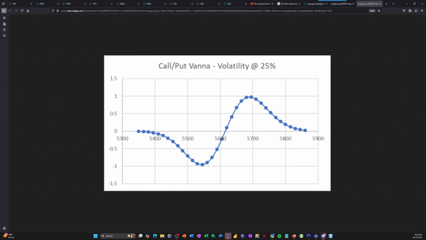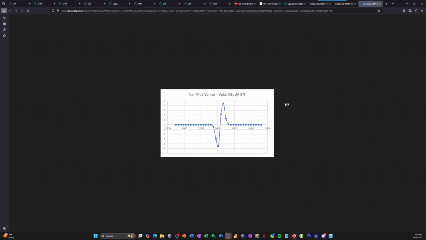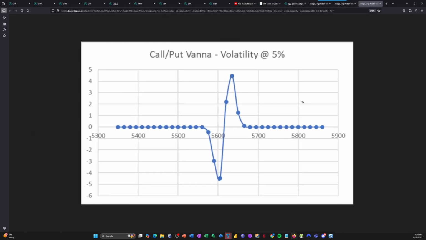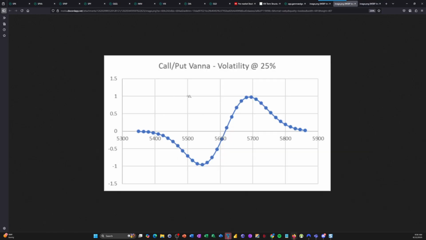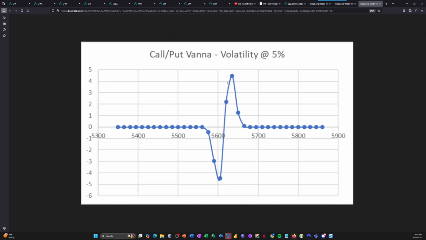Now I want everyone to take a look at this one. And this is a 5%. Now we're not going from 25% to 5%, but I did this as an example of showing you pushing on the balloon from its sides, right? You decrease the width when we decrease volatility. But the other thing I want you to look at is the magnitudes. Don't worry about the units. Just say, oh, it's 1 at 25%. Look what happens here. It goes up to over 4, whatever the magic units are, as we decrease volatility.